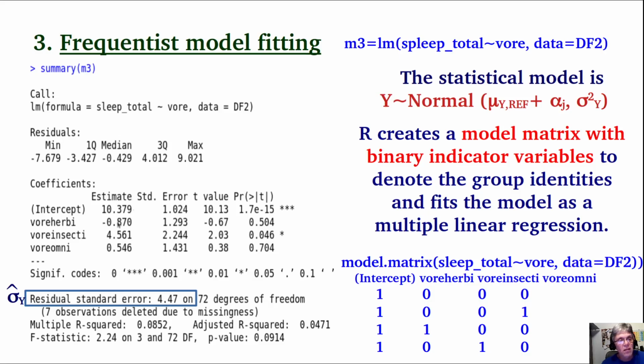This is a difference of means. This is the standard error of a difference of means, and this tells us whether this difference of means is statistically significant from 0. We have, say, in the other case, also for the insectivores, to take a second example, the mean sleep time of the insectivores is 4.56 hours higher than the mean sleep time of the reference group, the carnivores, and this difference of means